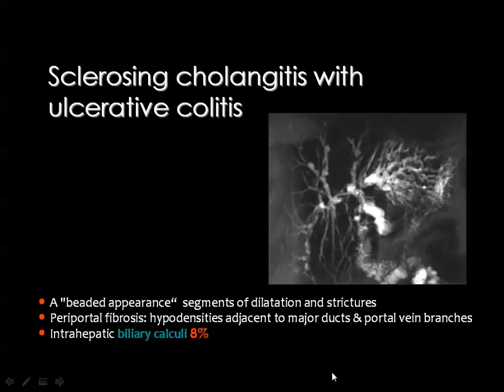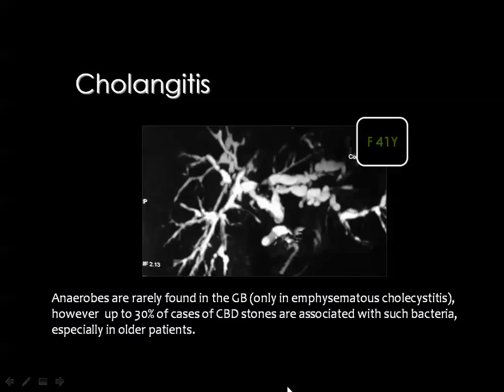And the role of MRCP is well known for the diagnosis of cholangitis by detecting multiple biliary strictures and dilatation. And you know that intrahepatic biliary calculi are seen in about 8% of patients with sclerosing cholangitis. This is an MRCP examination showing the appearance of cholangitis with multiple strictures and dilatations, giving the beaded appearance of the biliary